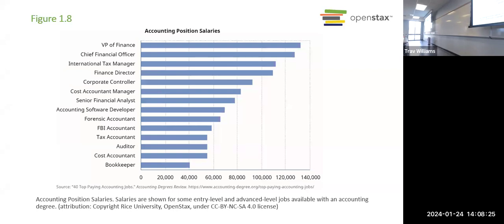And let's see. Now this is also not the most recent. I don't see a date on here, but this is at least 5 years old. So you can expect all of these rates of pay have probably gone up. Plus in this area, it's probably even higher. So I would imagine if you're a CFO in a company around here, you're probably looking at $200,000 a year, maybe more.